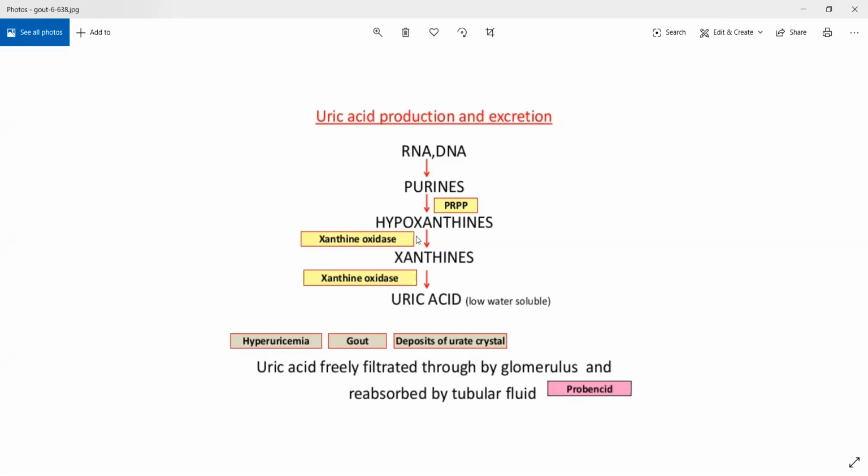We'll not get into the details of uric acid, but sometimes there can be a condition where an excessive amount of uric acid is being reabsorbed, or less uric acid is being excreted out. Both of them can occur. In that condition, a disease called gout can occur. Gout, or hyperuricemia, or deposits of urate crystals. This will start depositing inside your joints. Gout is an inflammatory disease in which monosodium urate crystals get deposited in the joints, and those joints will become red, hot and tender, and they will swell. There'll be a proper inflammatory reaction.